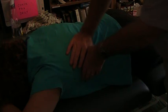What really caught my attention a year or so ago was the fact that she had good mobility throughout the pelvis when I did spring tests, and she had good mobility along the lumbar spine, and I always screen the whole body. It's a habit of mine. She had good mobility in the ribs, and what really caught my attention was the fact that her thoracic spine has virtually no accessory motion, and I am certainly putting